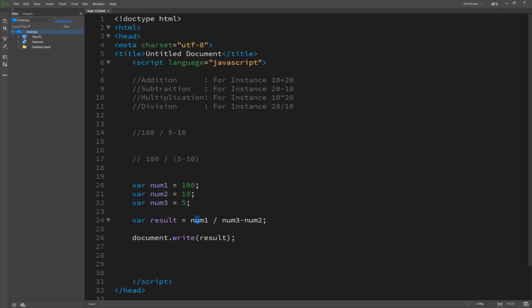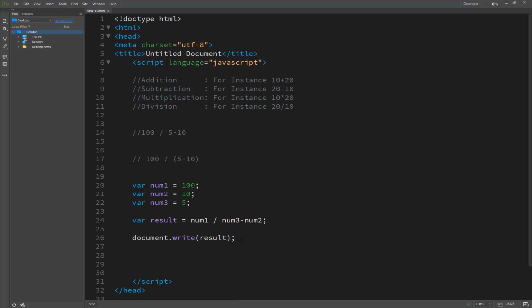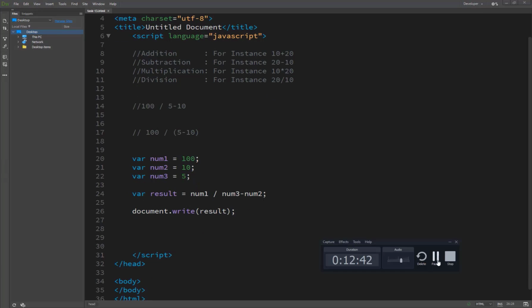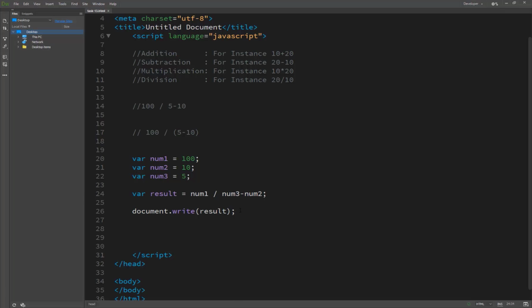Because it divides first and then subtracts. So number1 is 100 divided by 5, so the result will be 20, and then minus 10, so the result will be 10, and on our screen it's printing 10. But we can overwrite this operation with the help of parentheses.